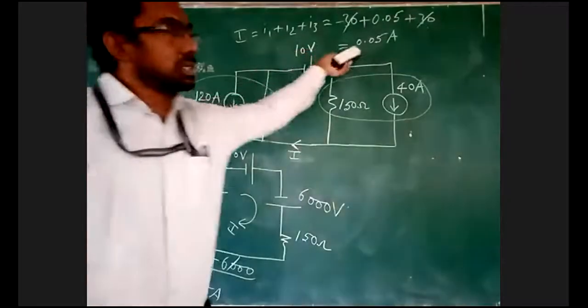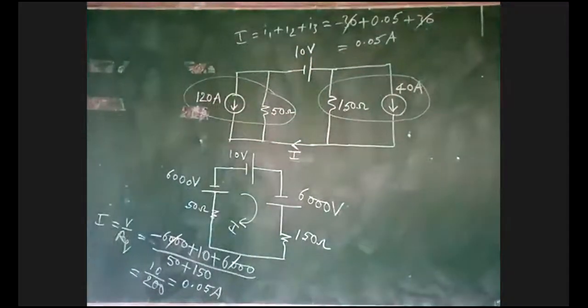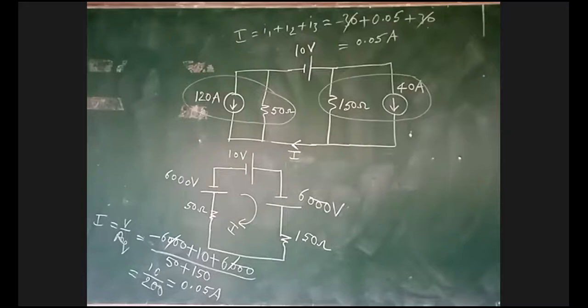That is equal to 0.05. See, we are getting the same answer as in the theorem. If you apply the superposition theorem, we get the same answer, so this is the verification. In verification, you can apply any method: mesh analysis, nodal analysis, current divide rule, voltage divide rule, star delta transformation, or source transformation. But you have to get the same answer. Okay, so go through the problem. If you are having trouble, you can ask.